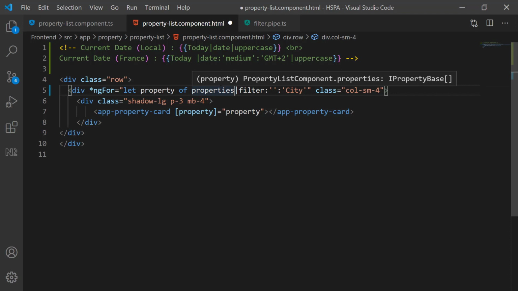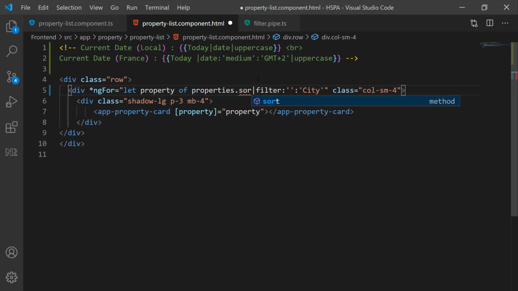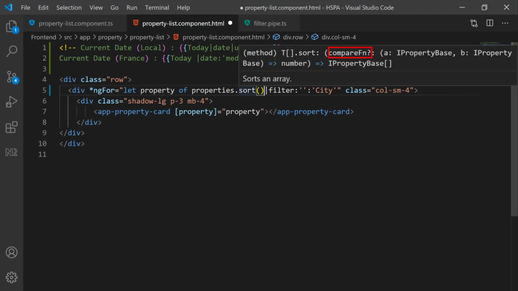But before that, let's implement a sort pipe as well to sort the properties in different fields. Array type already provides a sort method, and it perfectly sorts string array without much effort. But as our array is not simply storing strings, instead it contains another object, it will not work. And as we should be able to sort this array on different fields of an array element, we will have to create a comparing function that should be able to sort an array on different dimensions.